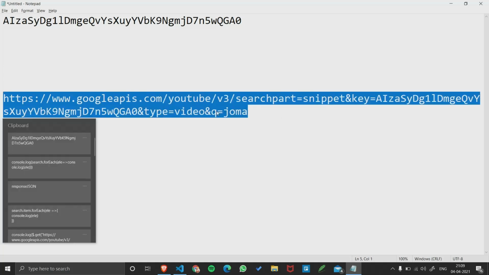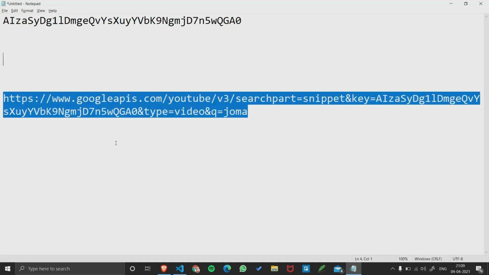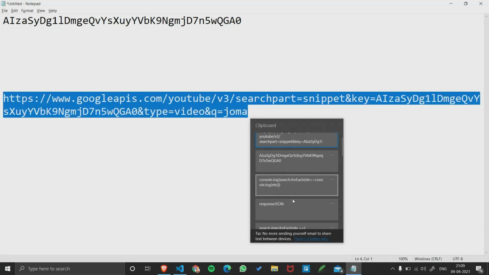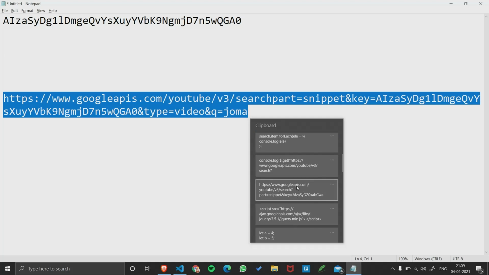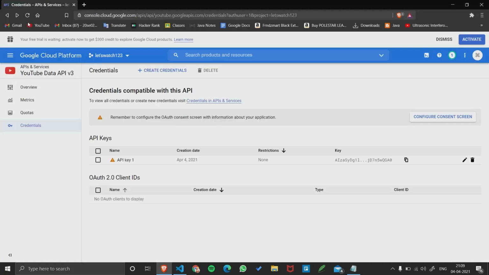It will always take 5 minutes for your key to work. So let me get the old API key that I have. So this is the one. Let me search it.